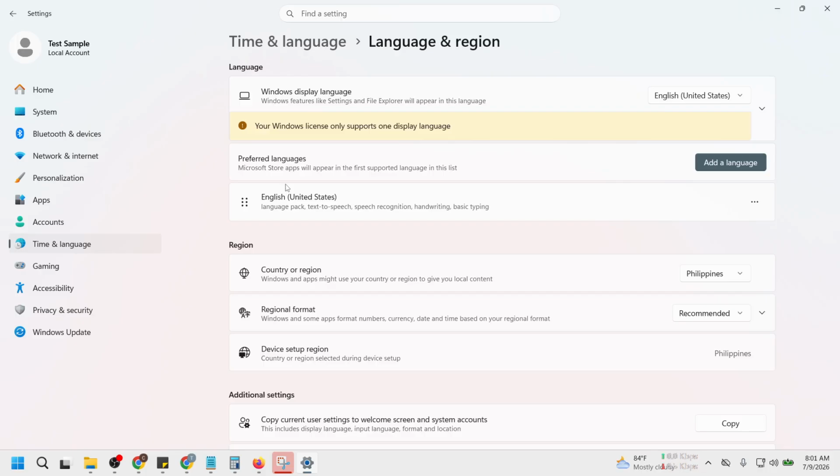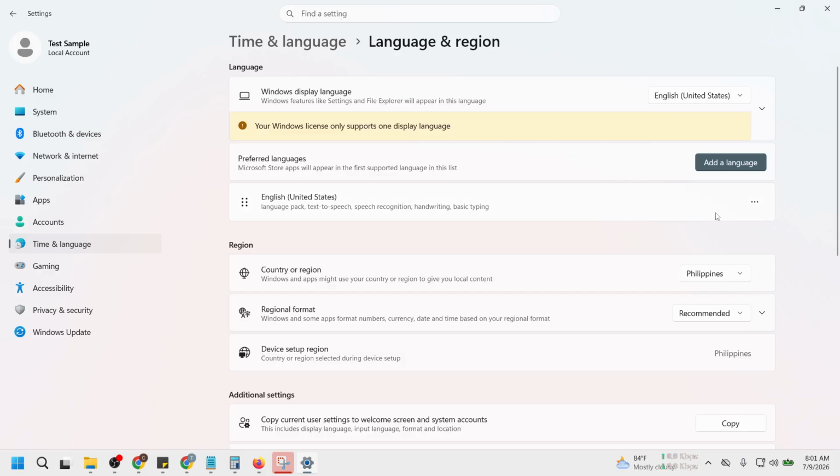You will also notice that this section allows you to see the languages currently installed on your system. Selecting this option is a significant step because it leads you to the core of the language settings. It is reassuring to know you are on the right path to making your Windows experience more comfortable.